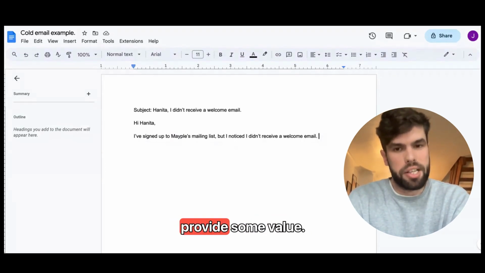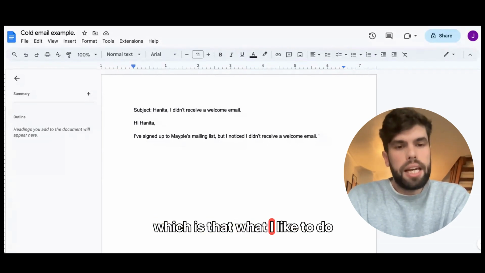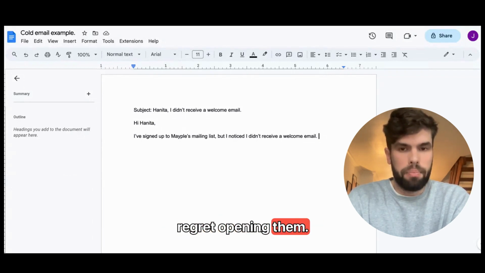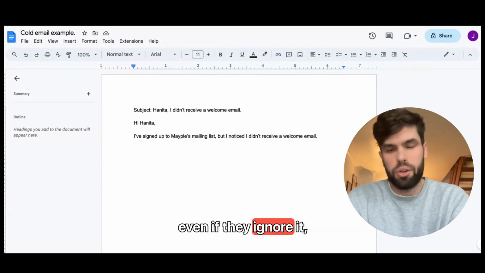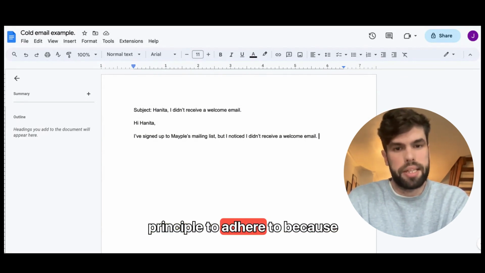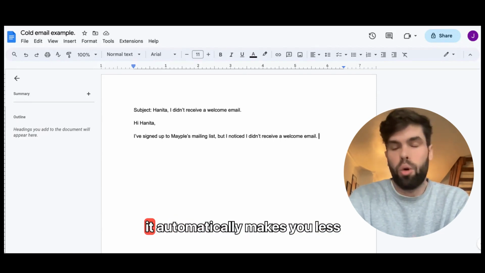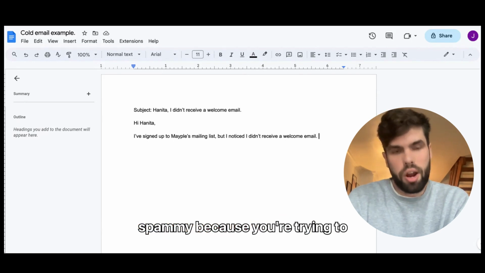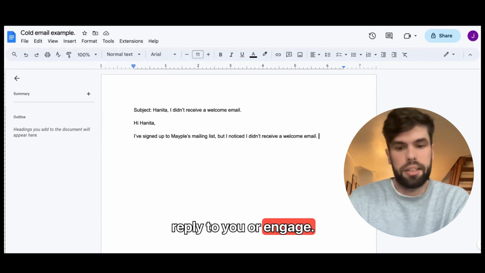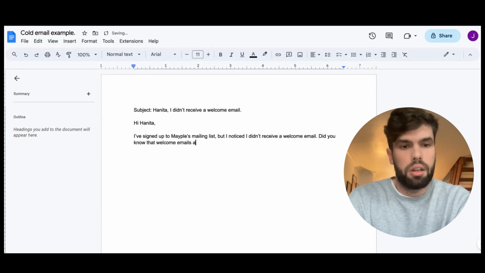At this point, I want to provide some value. So there's an important point to be made here about value, which is that what I like to do with my cold emails is to ensure that the recipient doesn't regret opening them. Even if they're not going to reply to me, even if they ignore it, they learn something from it that they can take away. And I think that's a really nice principle to adhere to, because by internalizing that principle, it automatically makes you less spammy, because you're trying to give them some value regardless of whether they actually reply to you or engage. So I would say something like, and this is true by the way,